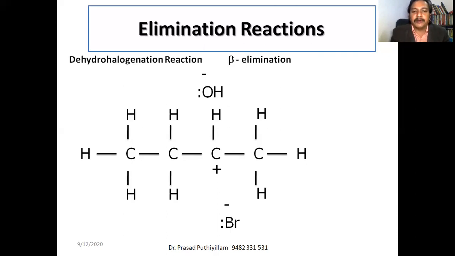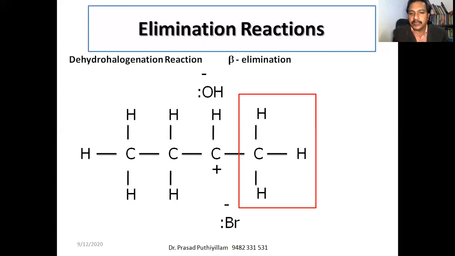Now, the carbocation's stability. It is an intermediate molecule that is formed. It is not the final product. The intermediate will exist only for a fraction of a second. But even an intermediate has to be formed, and it can be formed only if it is stable. If it is not stable, then that particular intermediate will not be formed.